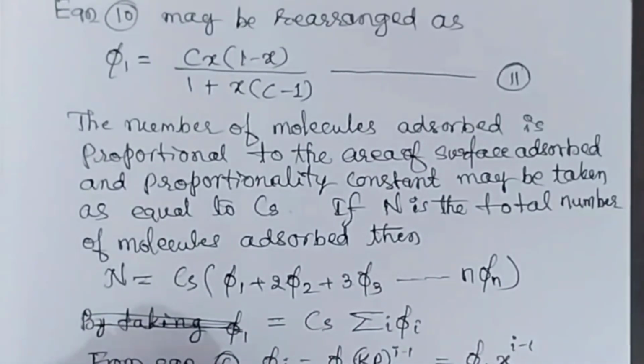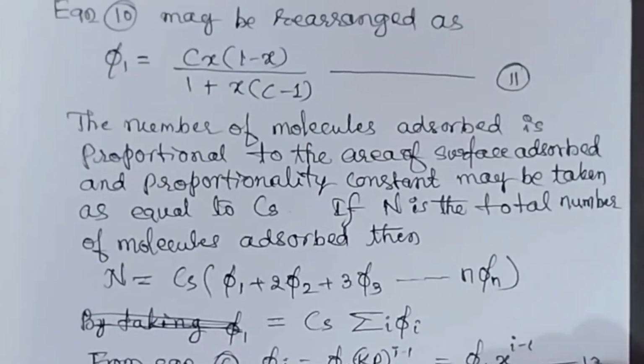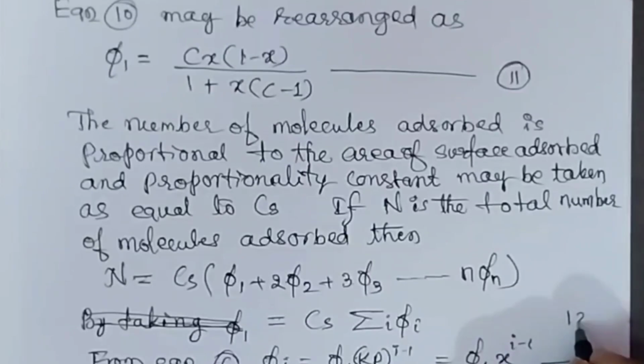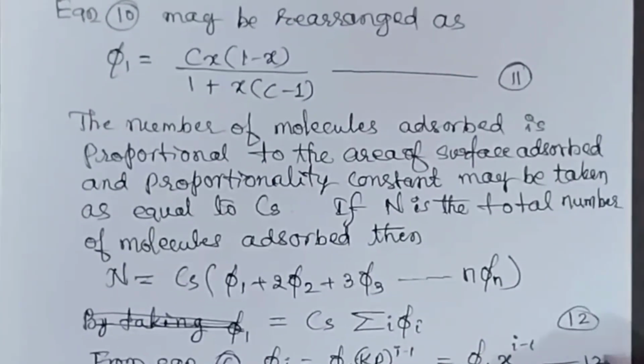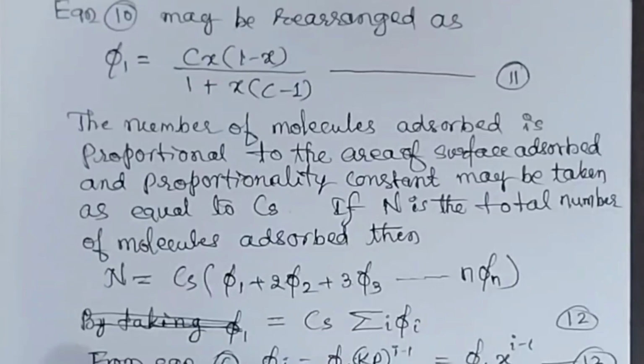Suppose this is equation 12. This is equation 12. So this is equation 13. Then equation 13 12 becomes